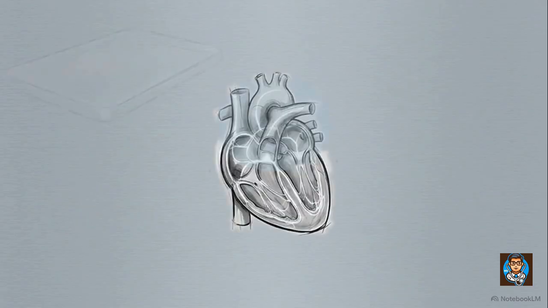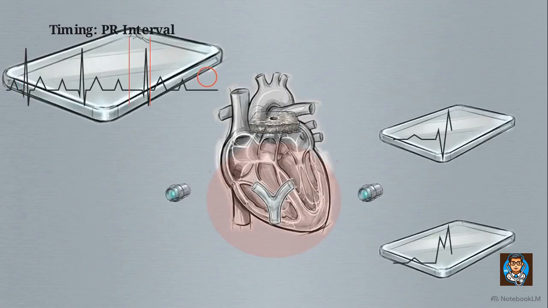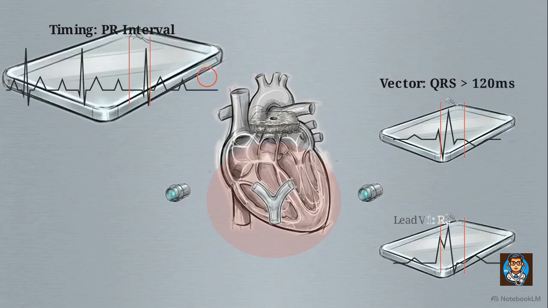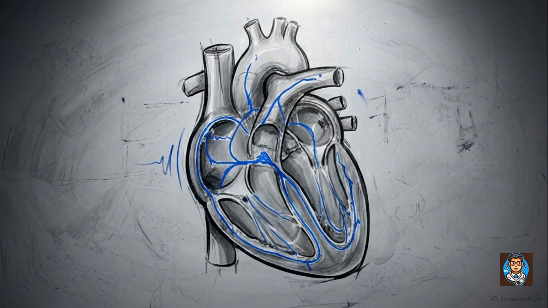Blocks at the AV node and His bundle are timing errors. We diagnose these by measuring the PR interval. Blocks below the bifurcation are vector errors. We diagnose them by evaluating QRS width and the specific shapes appearing in leads V1 and V6. Mastering the ECG is not about recognizing patterns in isolation. It is reverse engineering a physical break in the